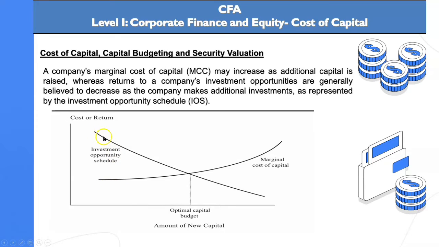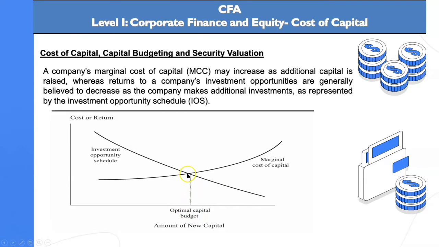And simultaneously, investment opportunity will go down. Because now you are using a higher discount factor, many projects will be out of the schedule and will turn negative net present value. So the opportunities available to you will go down and the cost of capital will go up as you take more capital, until you reach this point, which we call optimal capital budgeting.